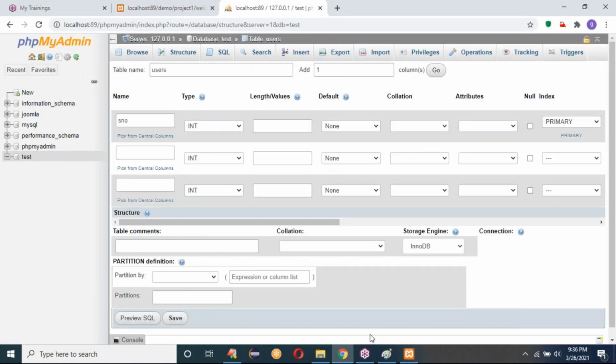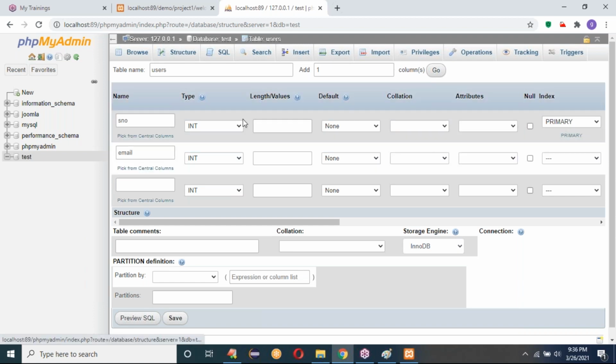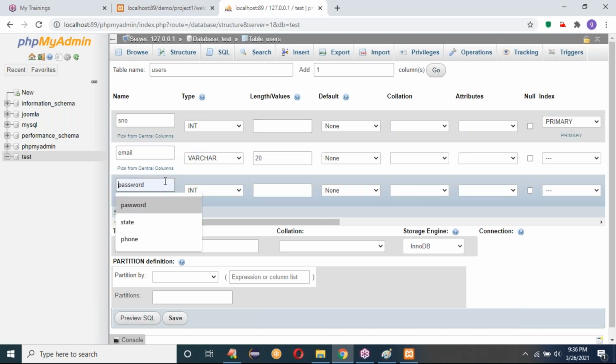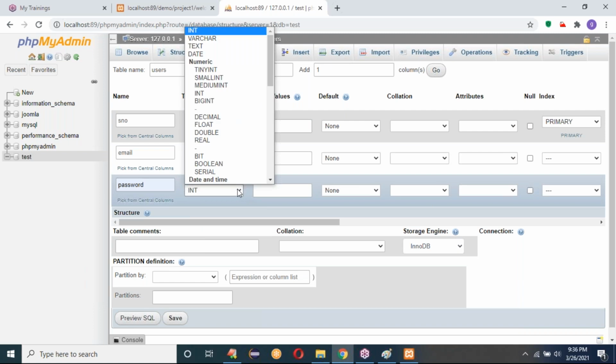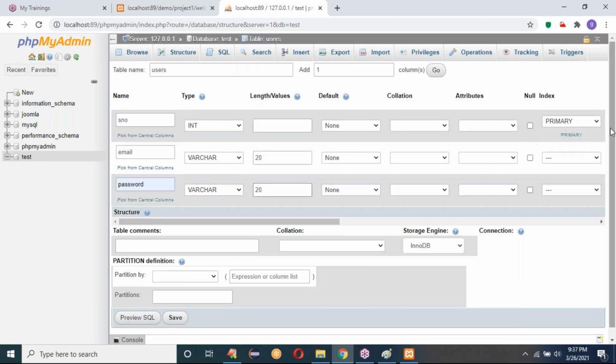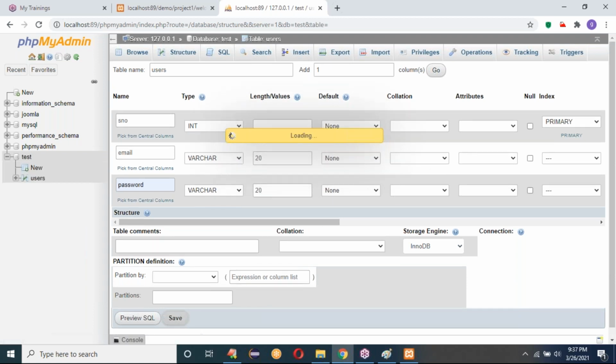It is not showing any output. Okay, these many fields only it is showing. Okay, here email ID, it is a varchar. See, in front of you only I'm changing all the stuff. Here 20 characters I want to allow here, and it is the password. Password field also it is a varchar. Here also I want to allow 20 characters. Just I'll click on that go button. Here, where is that go? Save. Here, save button. Request processing. So users table is created.